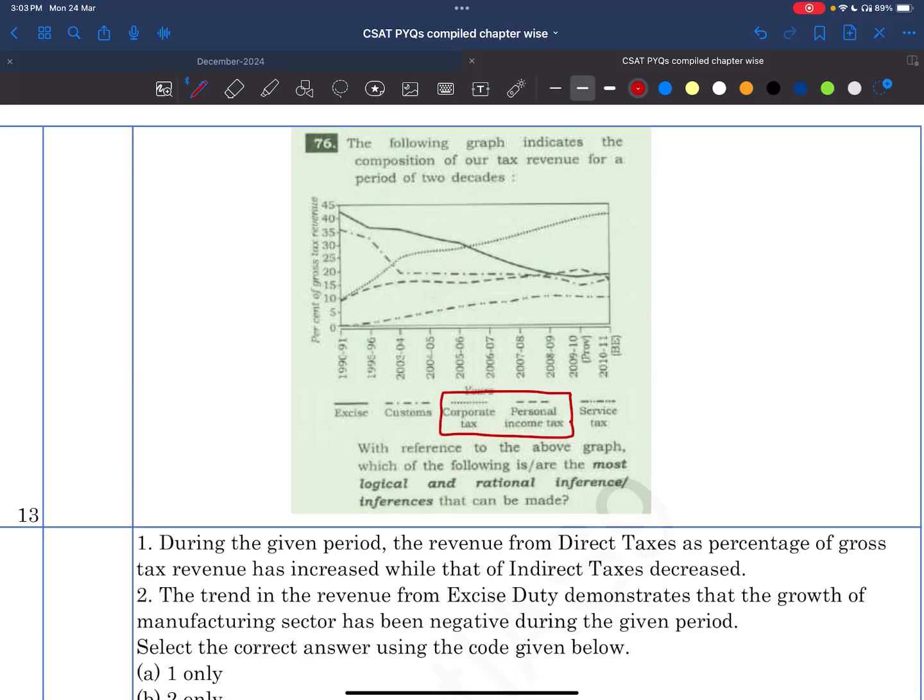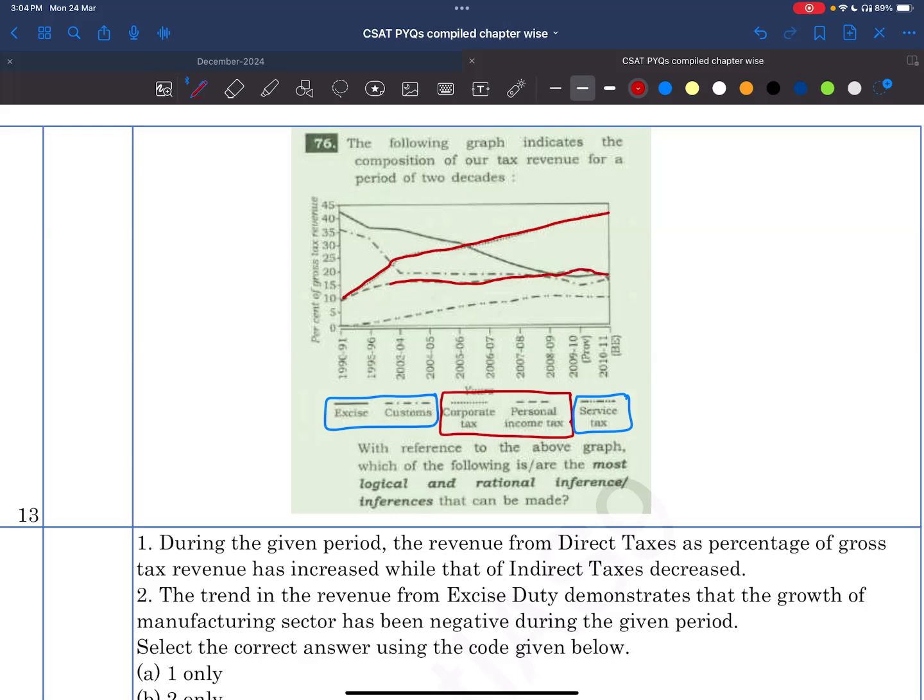Corporate tax and personal taxes are direct taxes, right? The indirect taxes will be excise, customs and service tax. We are checking corporate tax now. This value is continuously increasing. Now, personal income tax, the dotted line. See here, it's almost